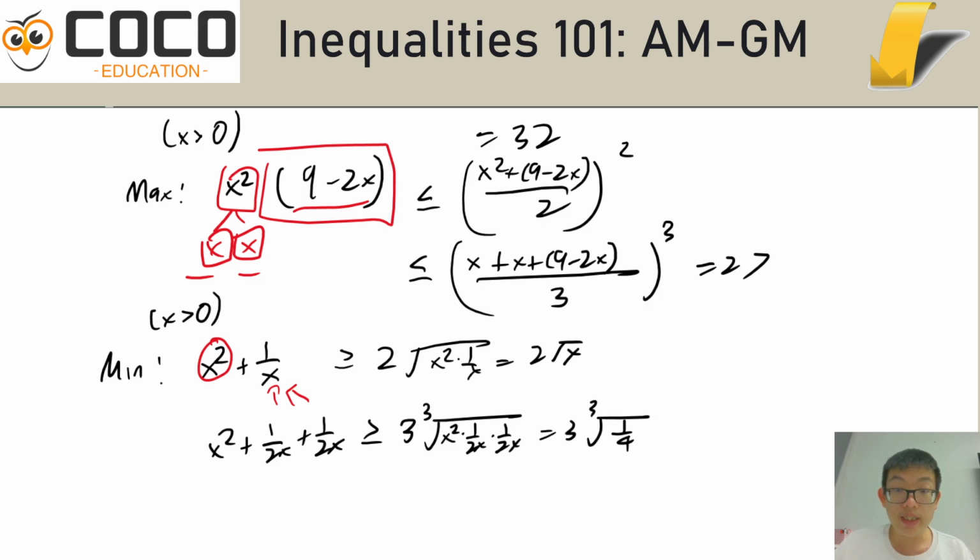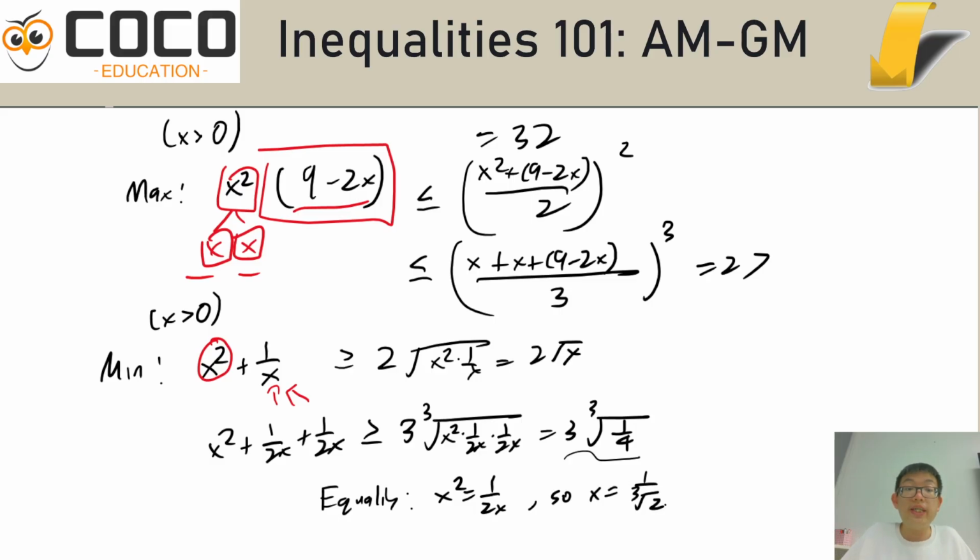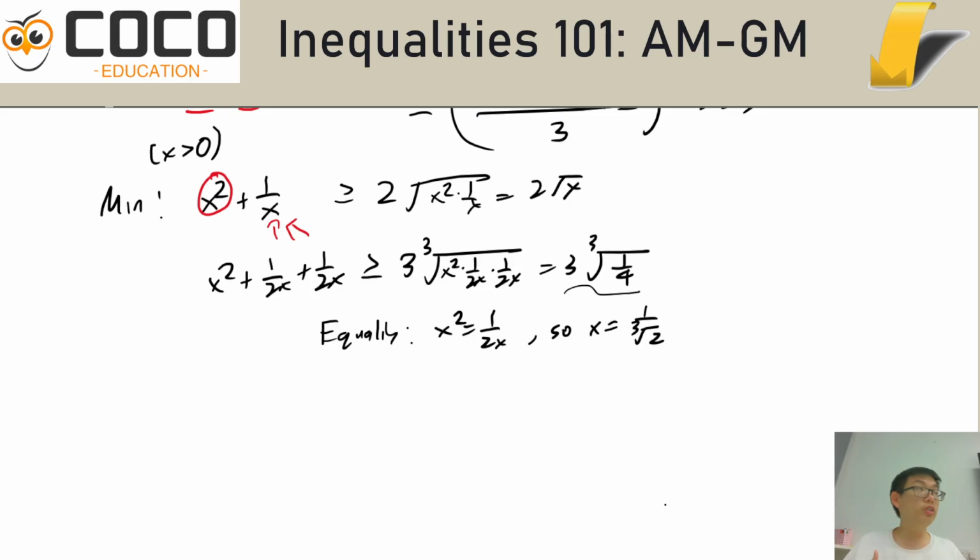Now, notice just like a moment ago that this is a pretty weird value, and the reason why it is weird is that the equality case is when x squared equals 1 over 2x. So x is 1 over cube root 2. That's why you won't be able to guess it at all. It's a pretty random number, wouldn't you think? And yet, AM-GM is going to give you both the answer, what is the minimum value, as well as how you get it. So this is going to be something that you can find to be pretty entertaining.